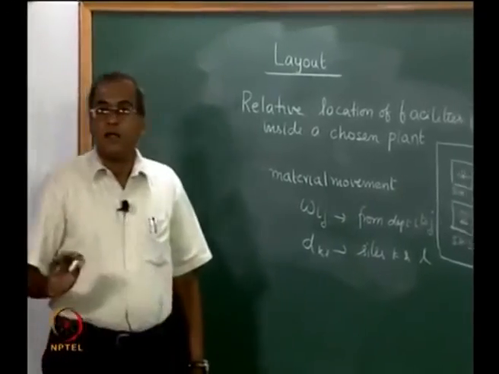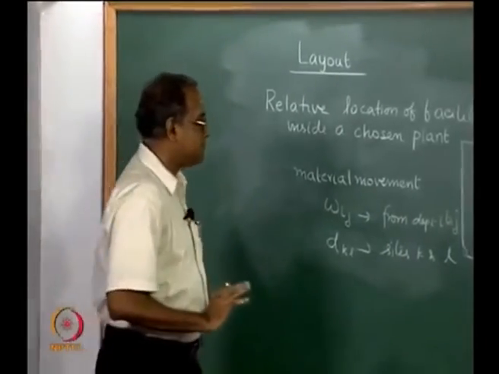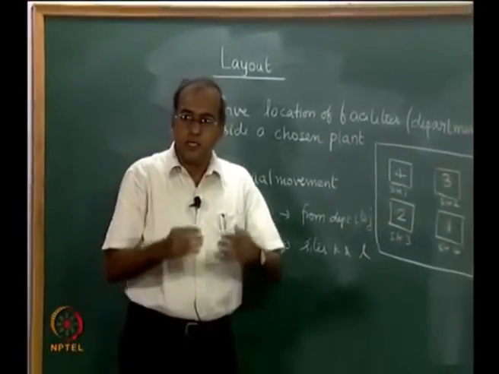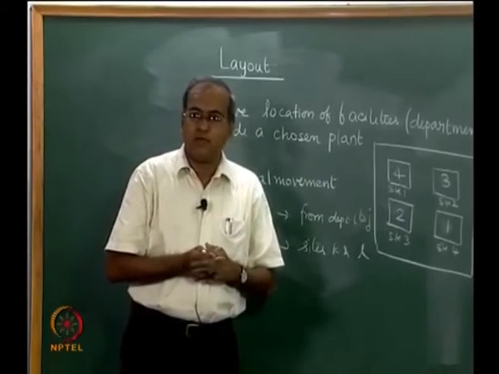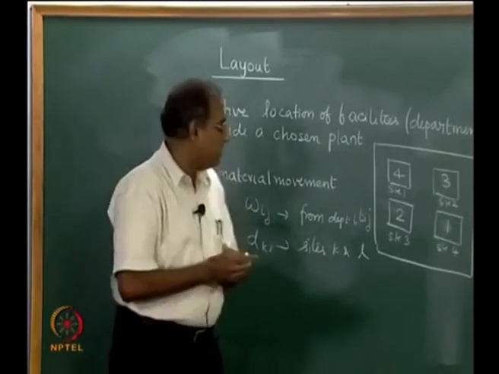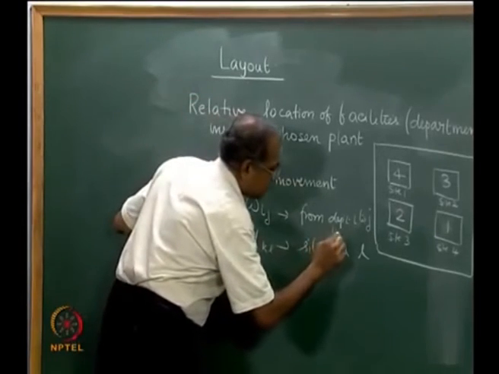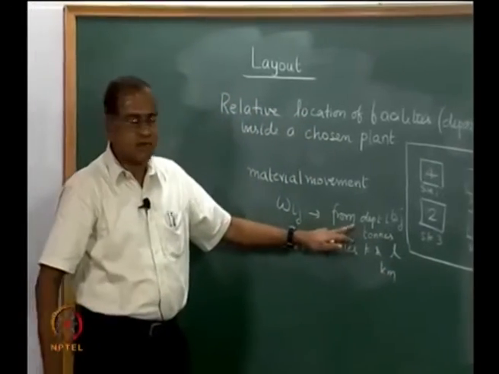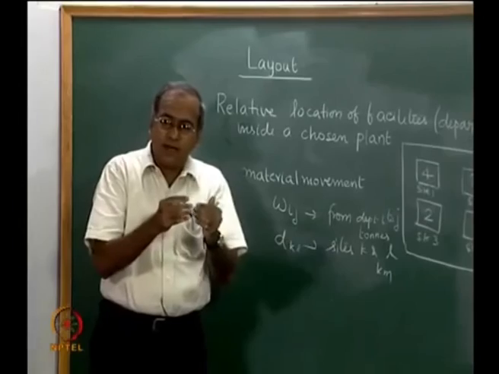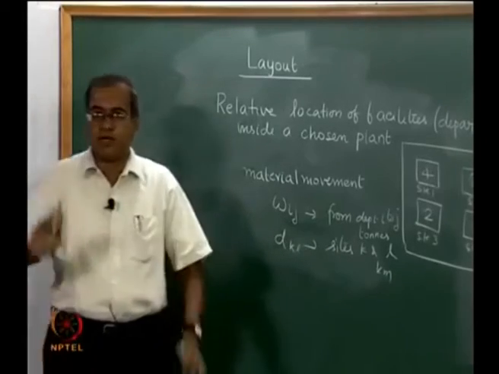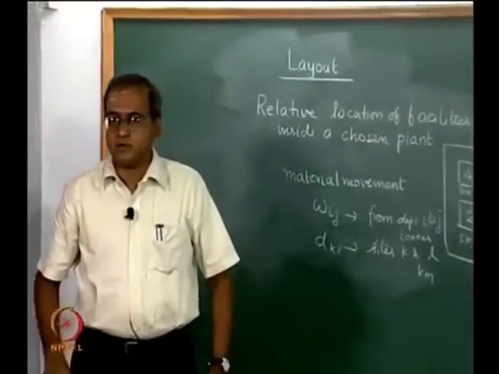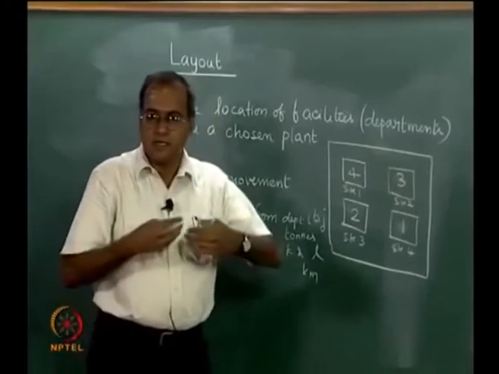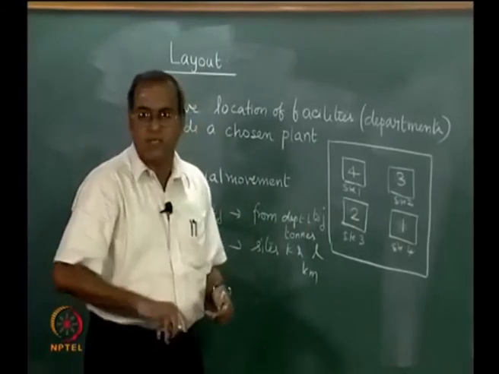So, if we have this kind of a layout, then the total material movement will be, this is usually given in tons, this is in kilometers, a weight measure and a distance measure. So, the material movement has a unit of ton kilometer, or weight into distance measure. So, if we have this kind of a layout, then the total material movement will be